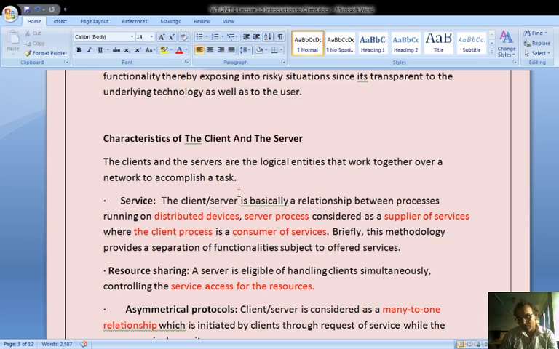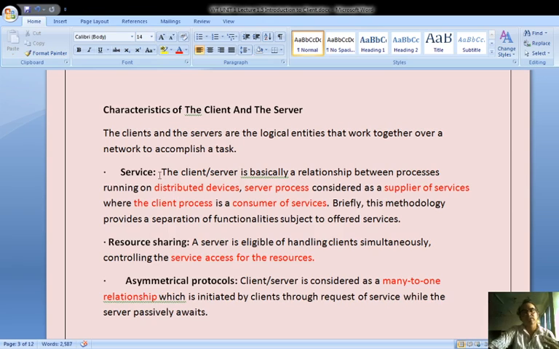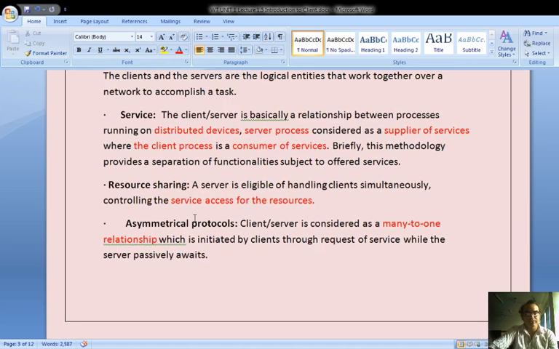Now, we have also studied the characteristics of clients and servers. Characteristics we basically understand as a service. The client service is a relationship between processes running on distributed devices and server processes; servers are considered the suppliers of service, while the client process is a consumer of the service.